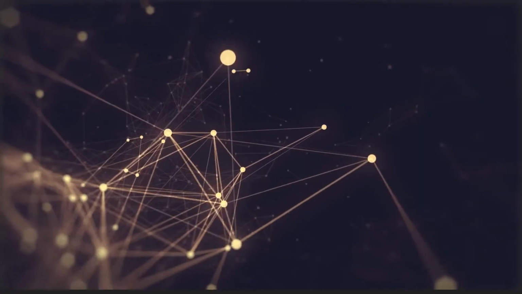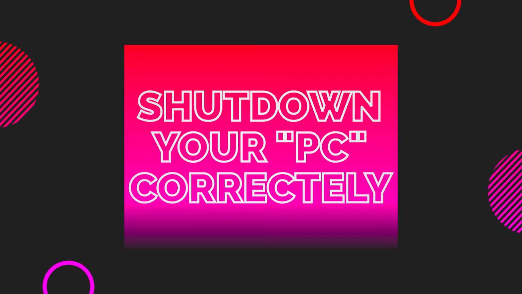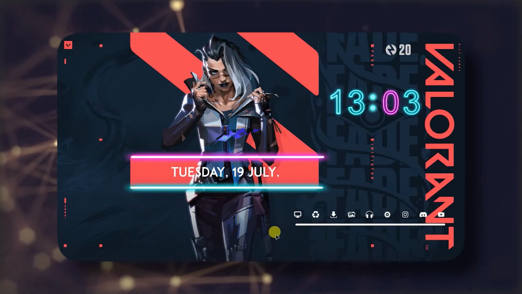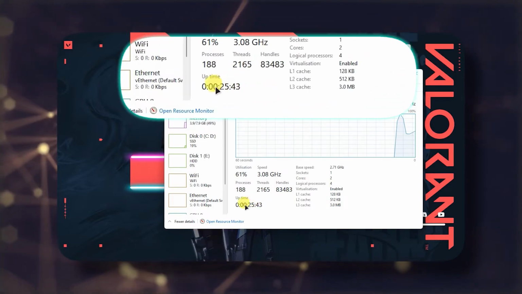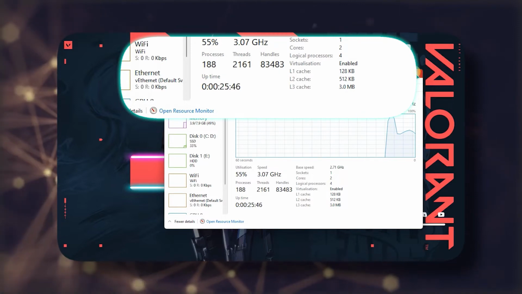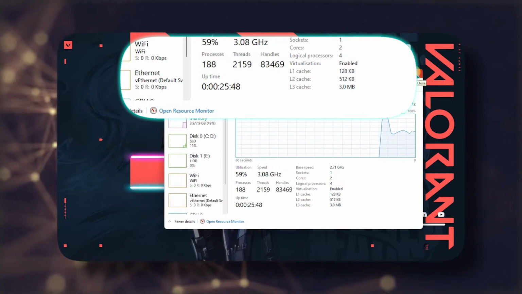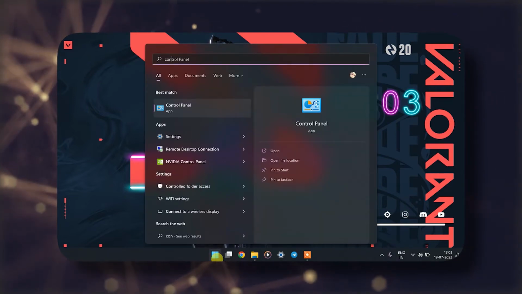So the first trick is how you can shut down your PC correctly. You know that when you shut down your PC, your CPU will be awake for faster startup. You can check the uptime in the Task Manager when you boot up your PC, under Performance, in CPU. If it's more like an hour or a couple of hours, then you need to change the power setting in the